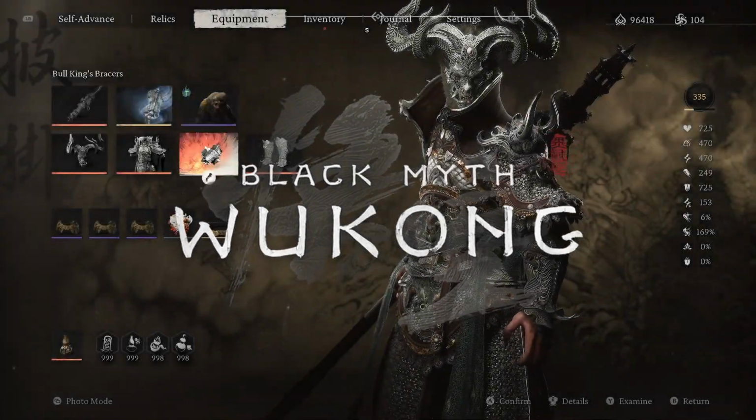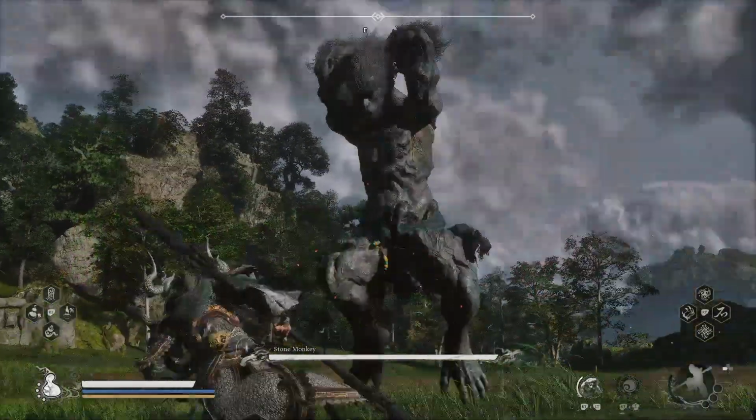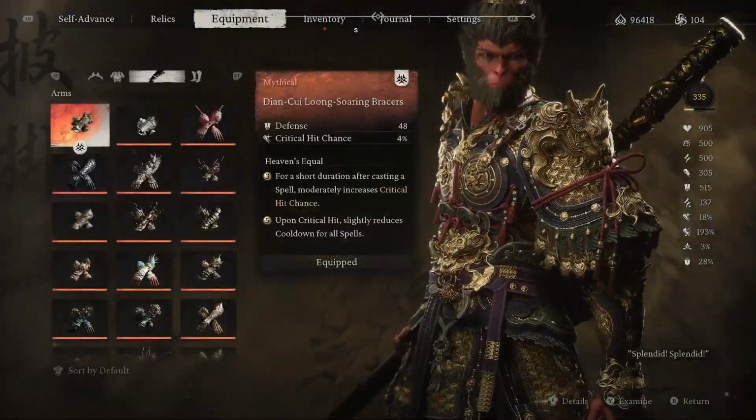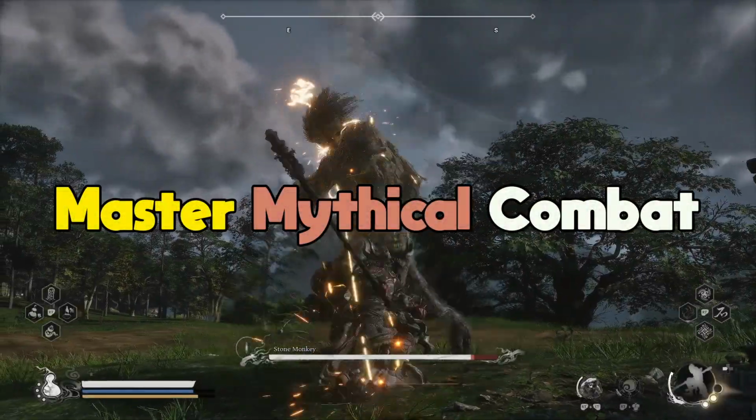Black Myth Wukong is undoubtedly one of the most versatile games when it comes to combat gameplay, and it only becomes more unique when you factor in the mythical armor that the endgame offers. In this video, I want to give you all a comprehensive guide to master the mythical armor sets in Black